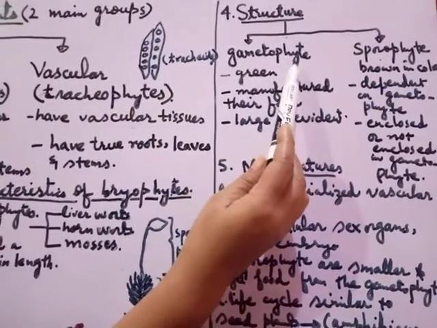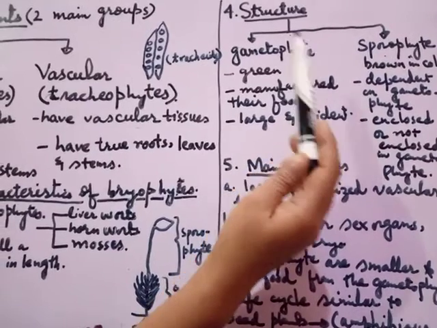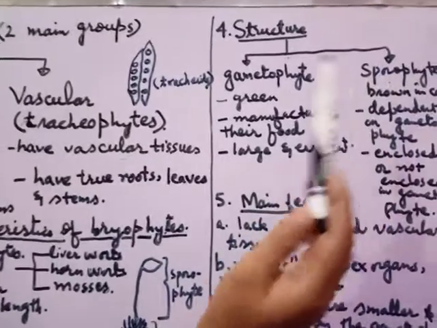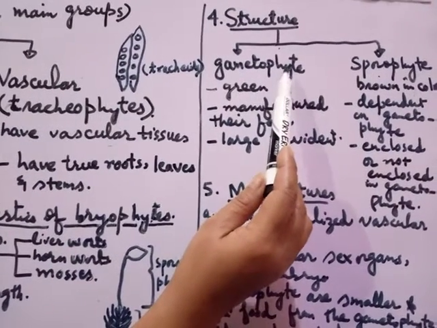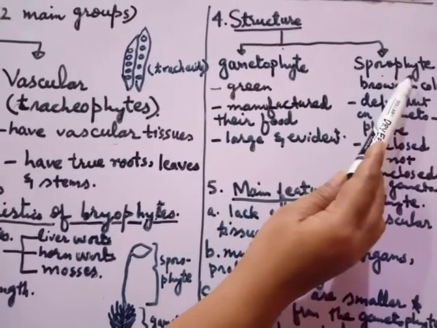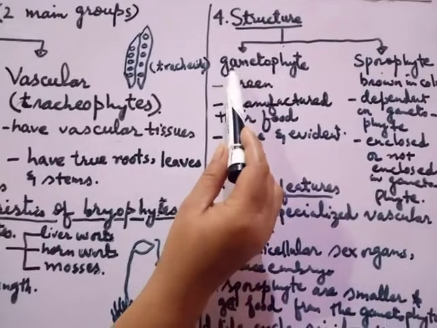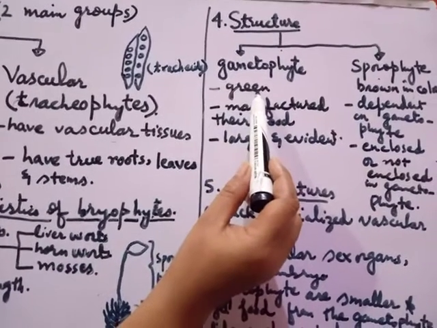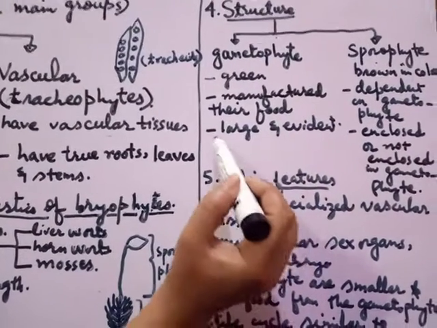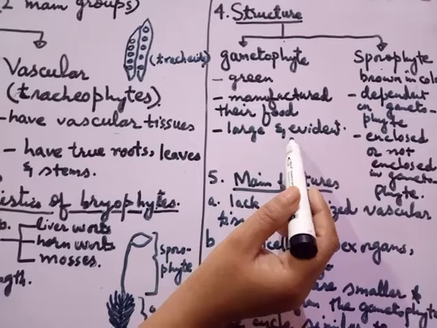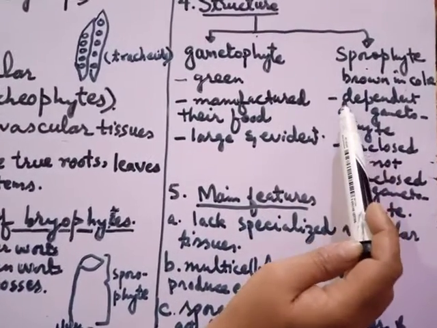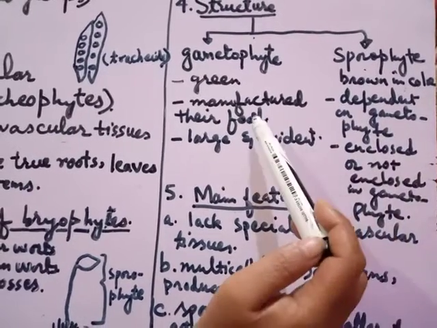Students, bryophytes consist of two types of generations, or structurally they are made up of gametophyte and sporophyte. The gamete producing part of the plant is called what? Gametophyte. And the spore producing part of the plant is called what? Sporophyte. Gametophyte is generally green in color in bryophytes, and it can manufacture its own food, and it is large and conspicuous, while the sporophyte generation is brown in color and dependent on the gametophyte for its food,